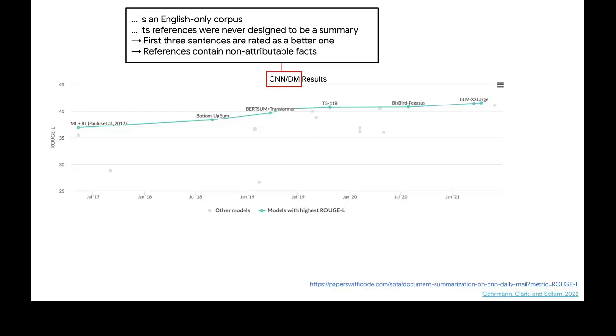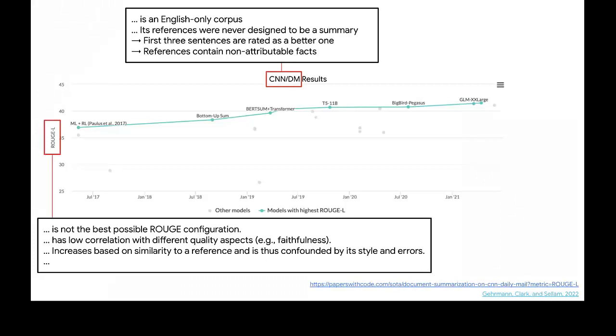Now let's look at the second part, which is the metric Rouge L. And we know actually that Rouge L is not the best possible Rouge configuration. It's not the best metric, but it's not even the best configuration for that particular metric that was chosen. Taking a step back, the reason why we're using Rouge L to measure summarization performance was actually because the first paper that introduced summarization as a task for neural models back in 2015